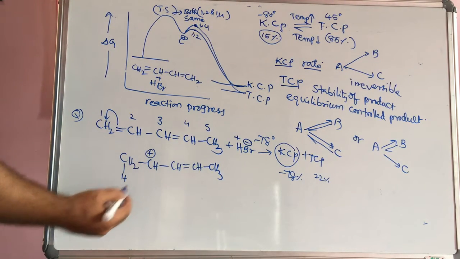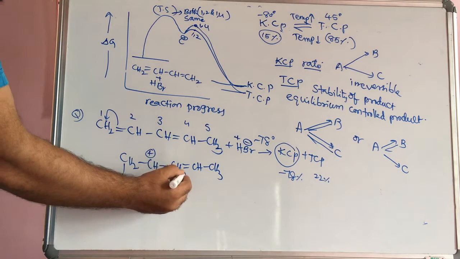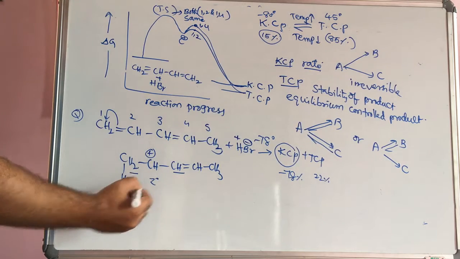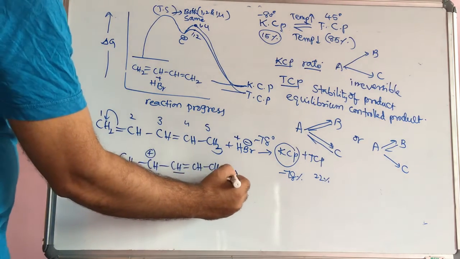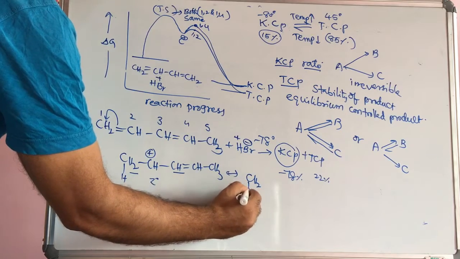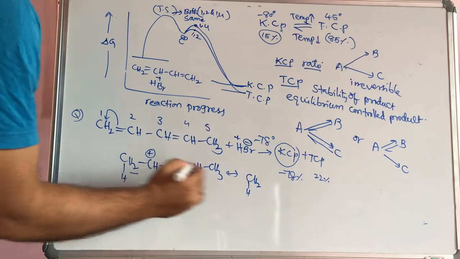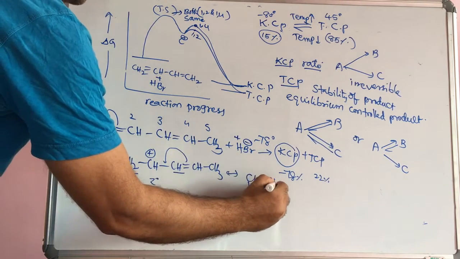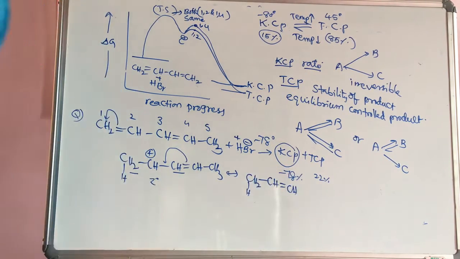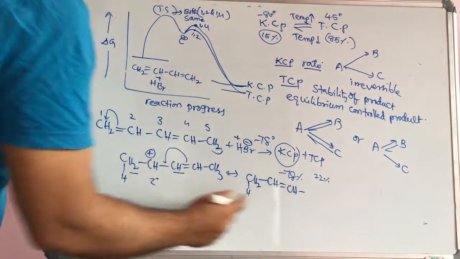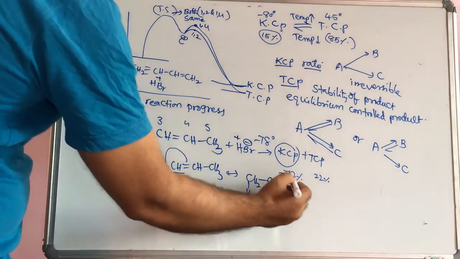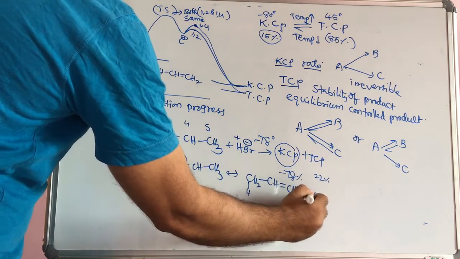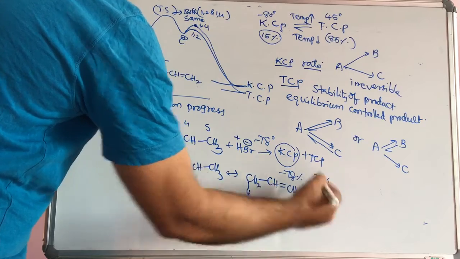If you take here, this carbocation is a secondary carbocation, with one sp2 carbon and one sp3 carbon, so it is a stable carbocation, a secondary carbocation. If it takes resonance, then what will we get as the product? This bond will be moved here, then we get CH=CH here, next the double bond here, and this CH will be positively charged and this will be the CH3.